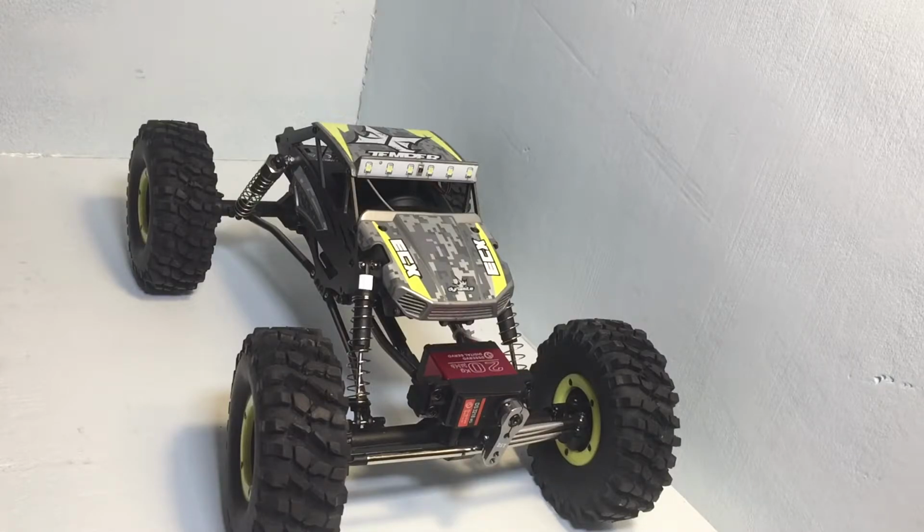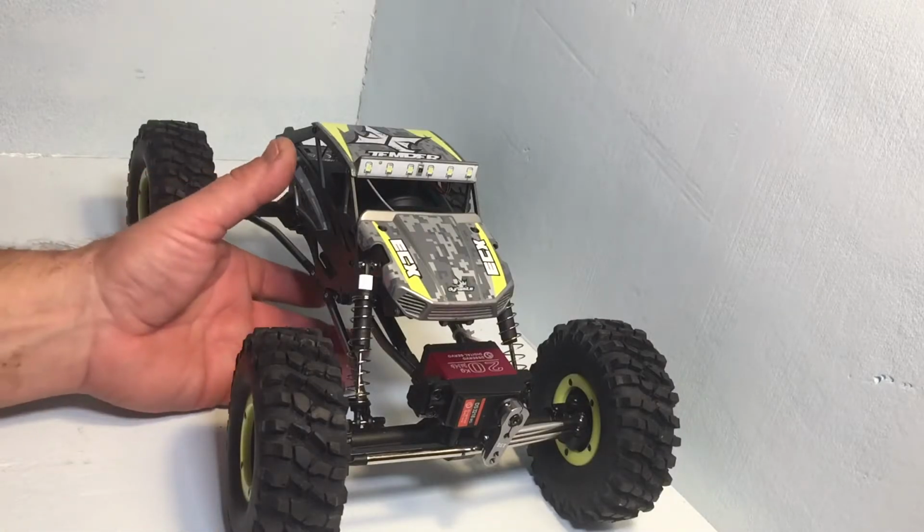overall performance of this truck. And I've gleaned this information. This isn't anything that I've come up with on my own. There's a lot of guys out there that have videos on this, and Steve at Shen RC, he had a lot of good videos out on his Temper Gen 2. So first things I did,